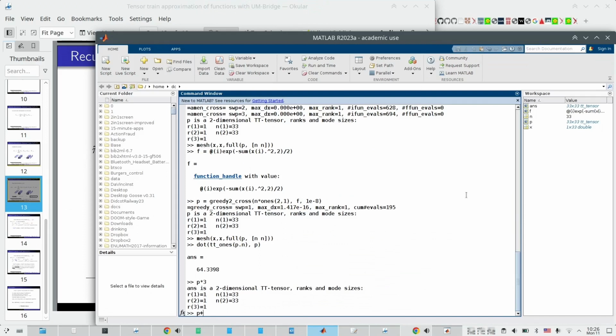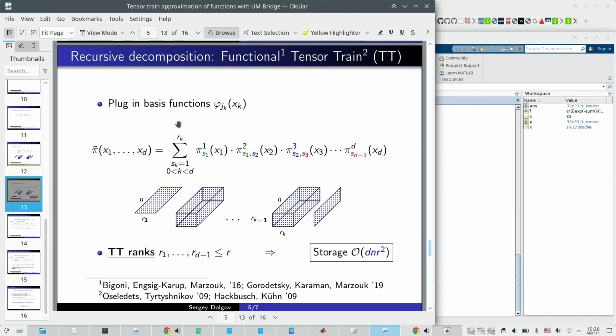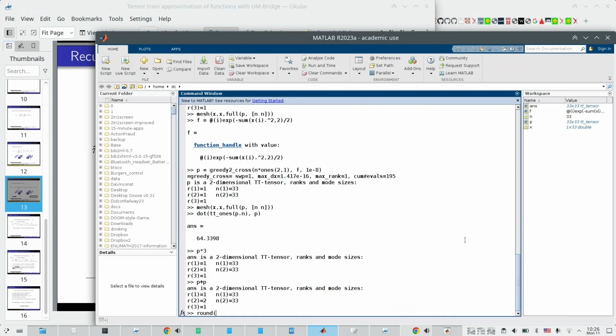This is not the case if we add tensor functions. So now we can see that the rank has increased. Because when we add two tensors, we don't really know if they're the same or not. So we need to expand the summation range to accommodate them both. But this is where we can round